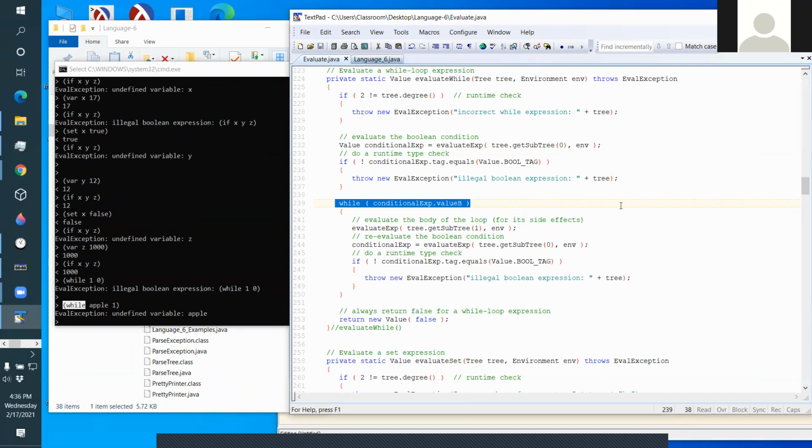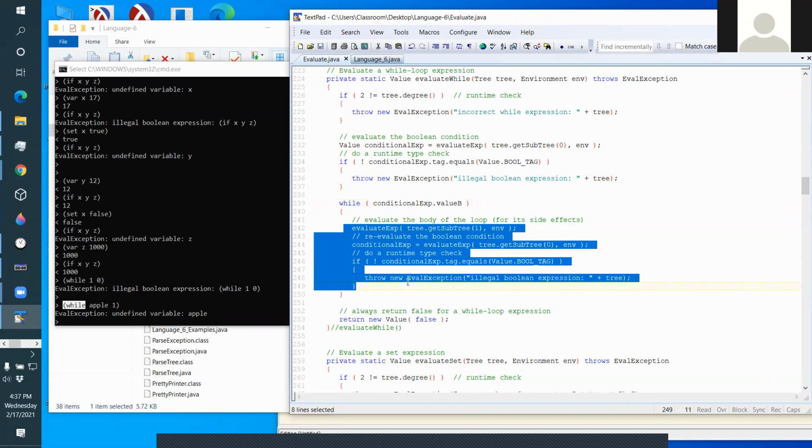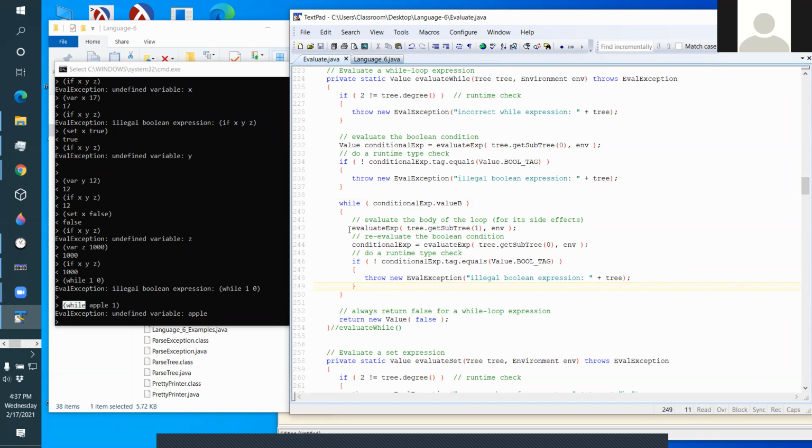And here I have a one-to-one mapping between what I want the target language to do and what the host language can do. So the host language's while loop checks the value of the conditional. Okay, if it's true, it enters the while loop. Now what it does is it evaluates the right branch. It does the body of the while loop. Notice it does not keep the return value. It's checking it for its side effect. So it evaluates the body of the while loop,